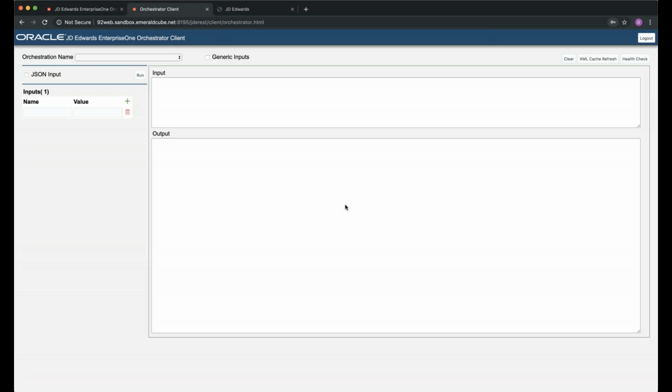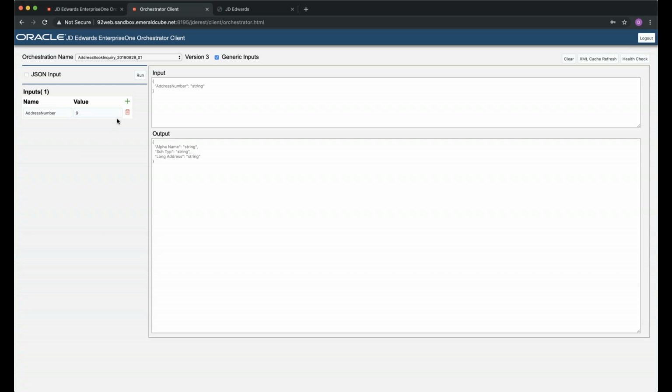This is a perfect example, actually, because this is our demo system. We have everything running on the same machine. And this is why we recommend splitting the AIS instance from the Orchestrator instance, so that everything runs a little bit quicker. In this case, of course, they're together, so they run a little bit slower, but it works for these purposes. So going to the address book inquiry, we have the address number here.